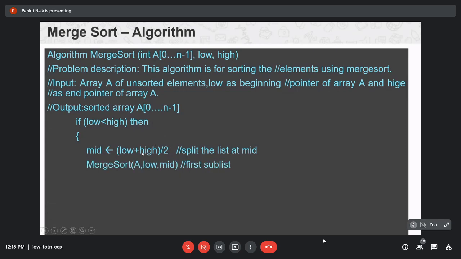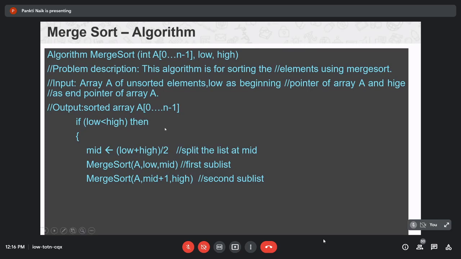After splitting, what did we do? Again call the same algorithm, merge sort, for the left sublist and for the right sublist. For the first sublist, the array name A, comma, low, which is the starting of your list, comma, mid.